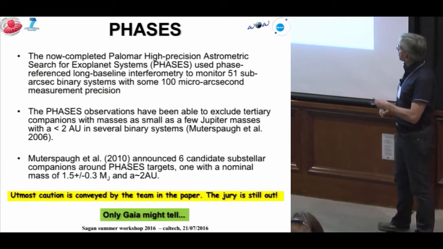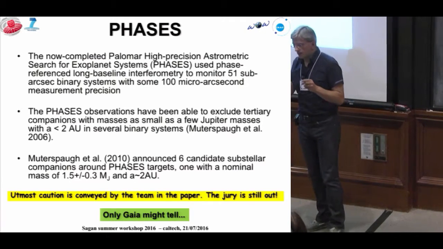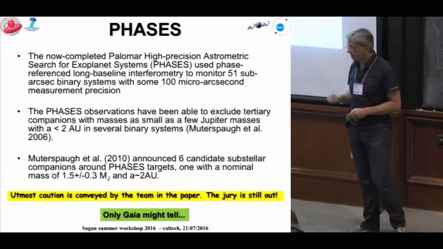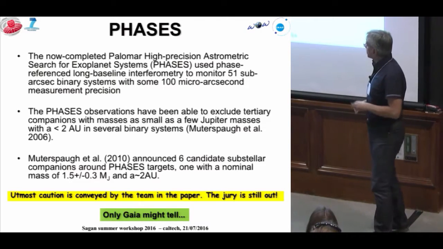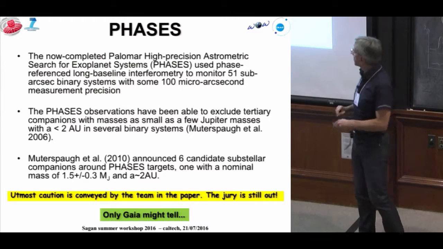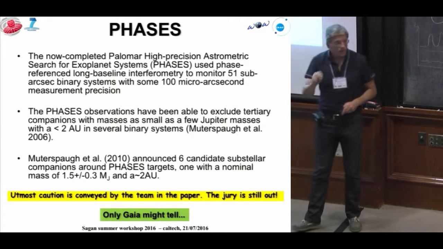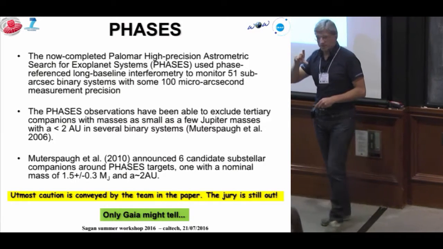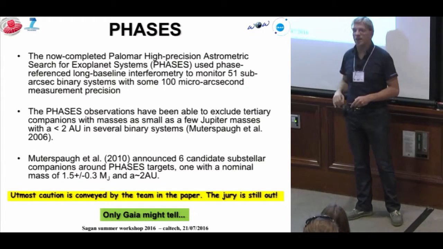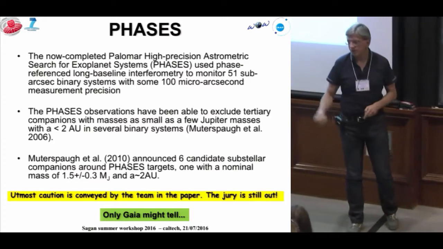In this case, sub-arcsecond binaries were monitored for the presence of orbital motion in either of the two. So we don't know which of the two is actually being orbited by a planet, but there is a claim for a companion orbiting at approximately 2 astronomical units either of the two components of a close binary system, with a mass of 1.5 Jupiter masses. The identification of this object in the abstract of the paper doesn't exist. So you have to read closely between the lines inside the paper to find the claim of the discovery of this object, with a disclaimer,